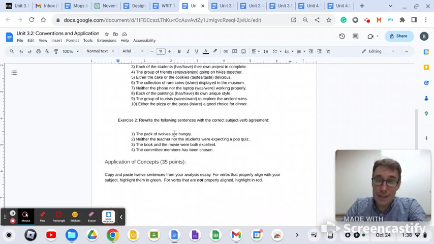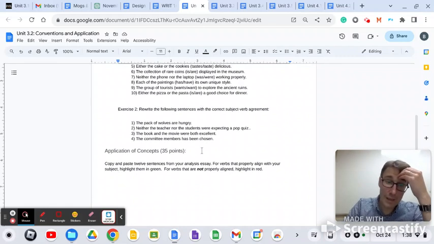This one has incorrect verbs, and so you're going to change the verb to the correct form. Each one of these is wrong. You're going to make it right. And then